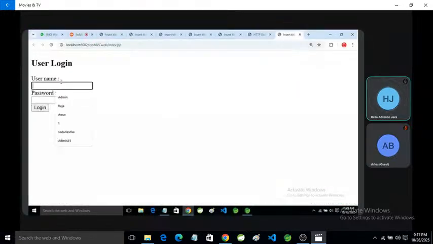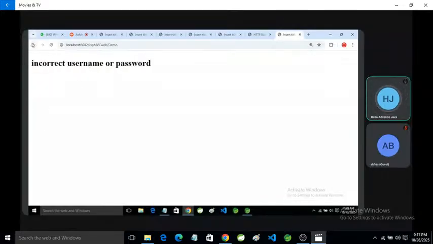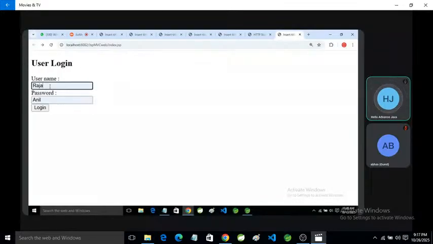Now we can input the values and click on login with the correct username and password. Here we declared admin as the username and admin123 as the password. Click on login.